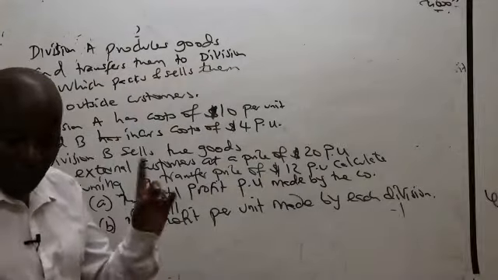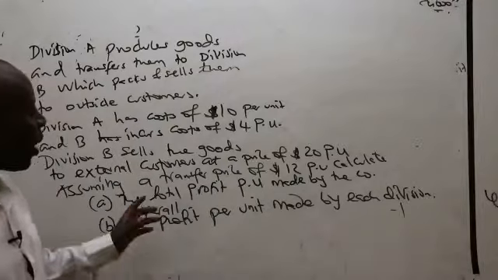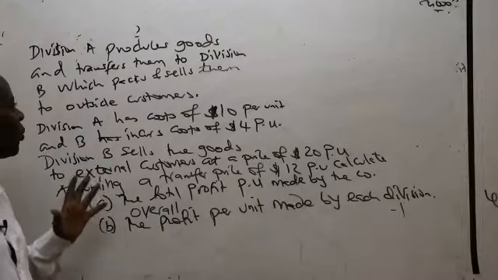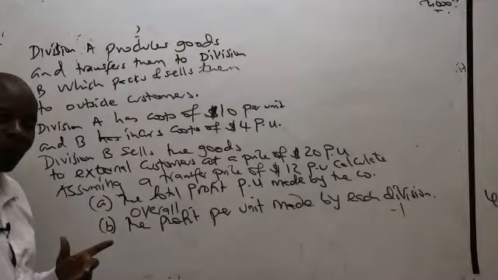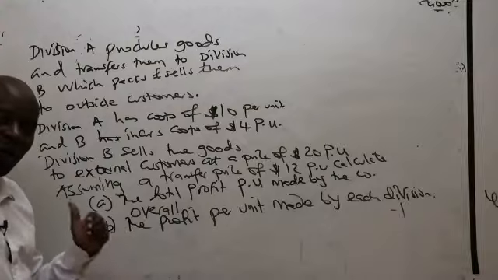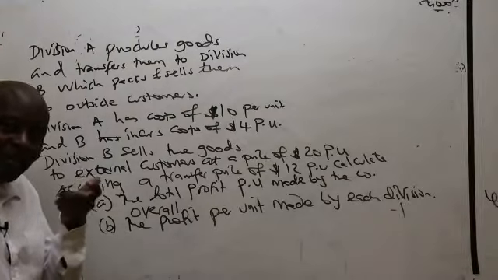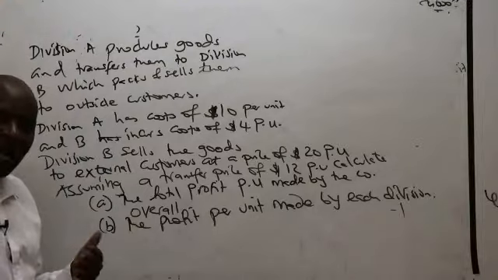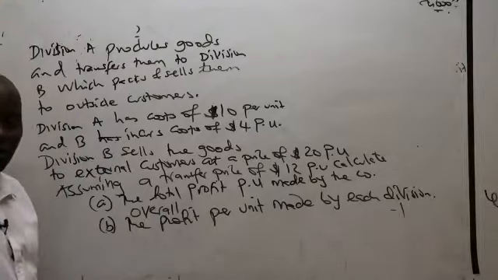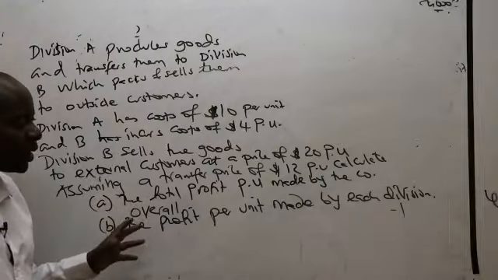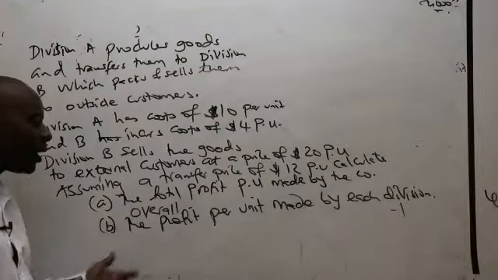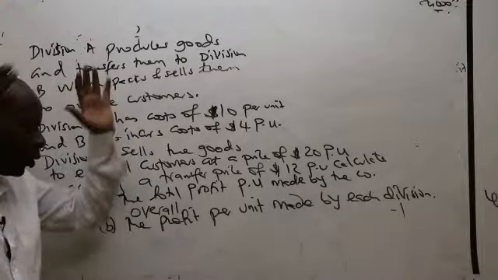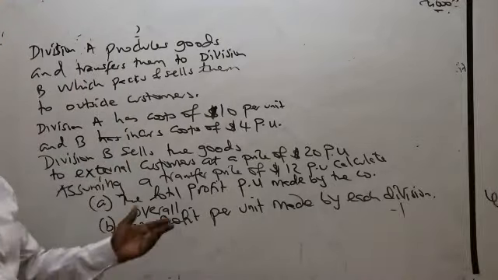So I want to give you exactly 1 minute. You try part 1 out for us. So we have some good relationship here between division A and division B, right? A makes goods, transfers all of them to B, which packages them and sells them to external customers. So A does not have customers of its own. And then they have given us metrics there, which I need to play around with to get the total profit per unit made by the whole company. Let's see how they will be able to get this right.